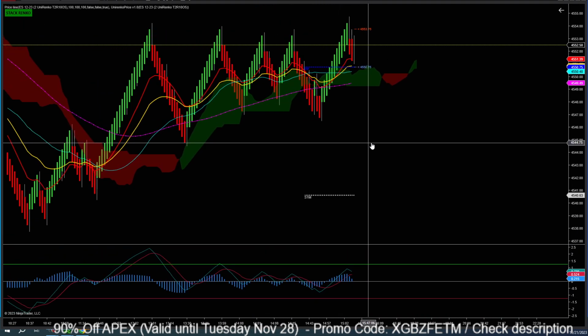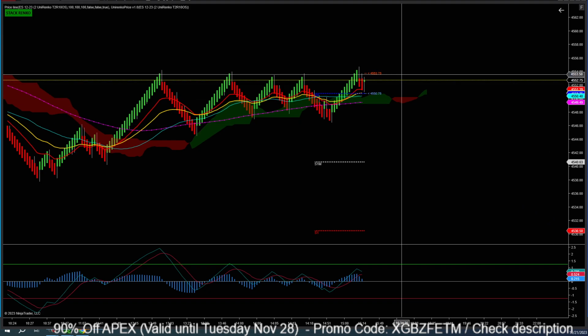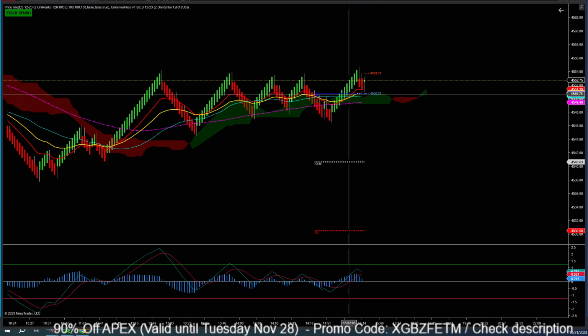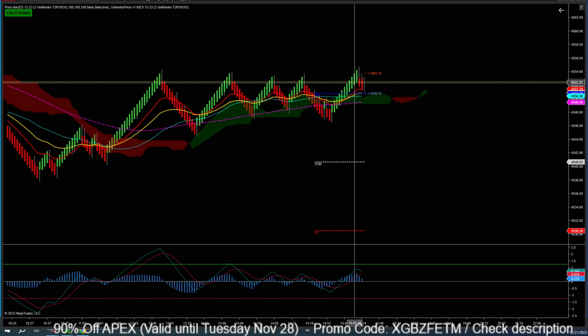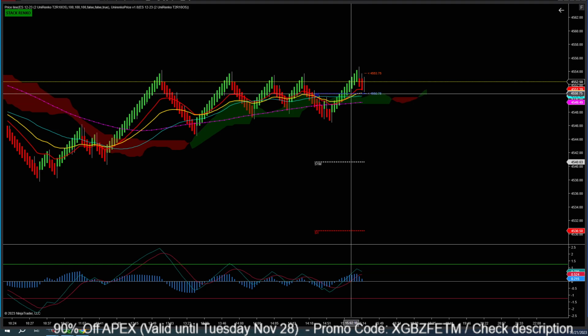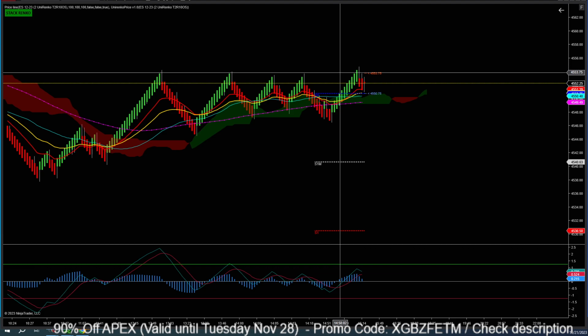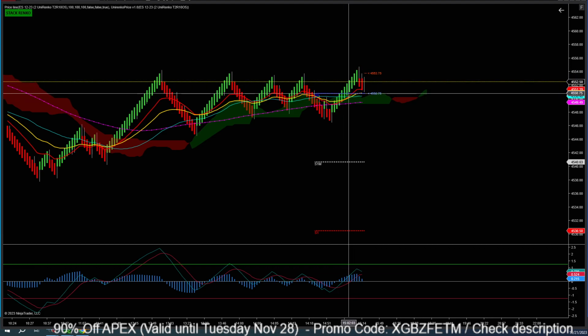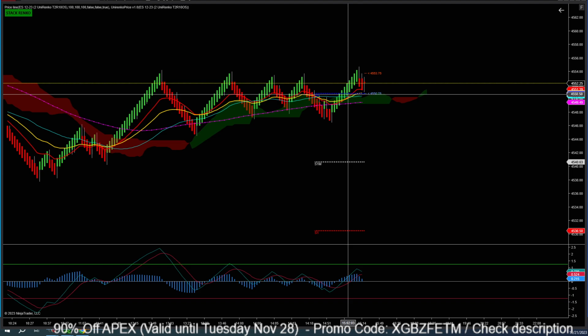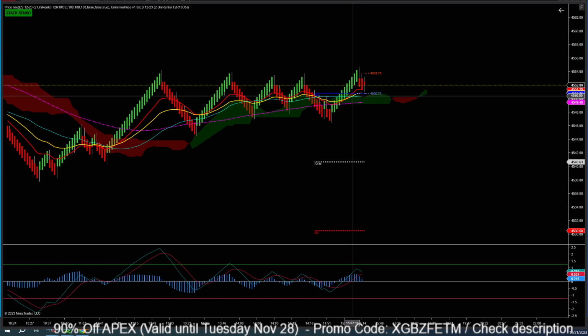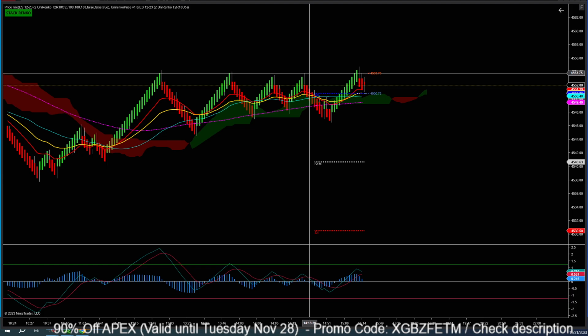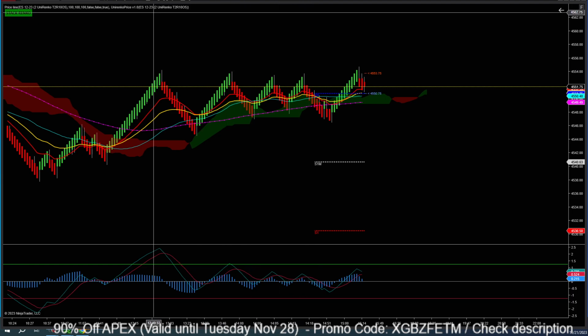And if it closes below, it's going to be a continuation of this reversal there. So these are the prices and levels where I would enter a trade. This one probably, if it closes below this one, I'm going to let it go. But if I'm looking for continuation and breakout of this